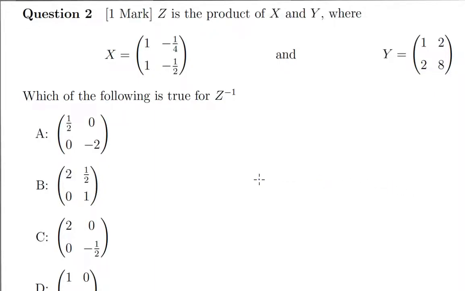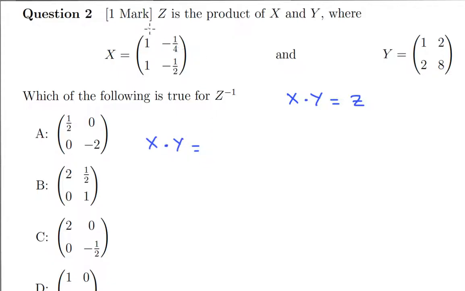Okay, so then this question is similar to the other questions we've done now. It says z is the product of x times y, and it's asking us to find the inverse z to the minus 1. So we're going to start off by multiplying the two matrices together, and then we're going to find the inverse of z by doing that special switcheroo. So x times y